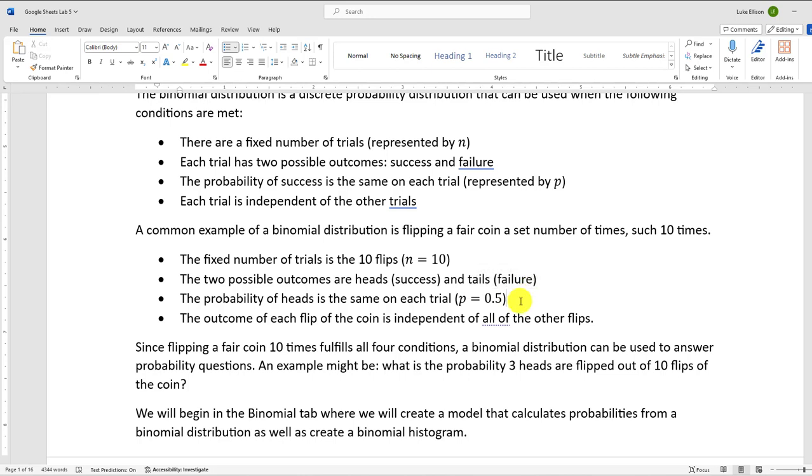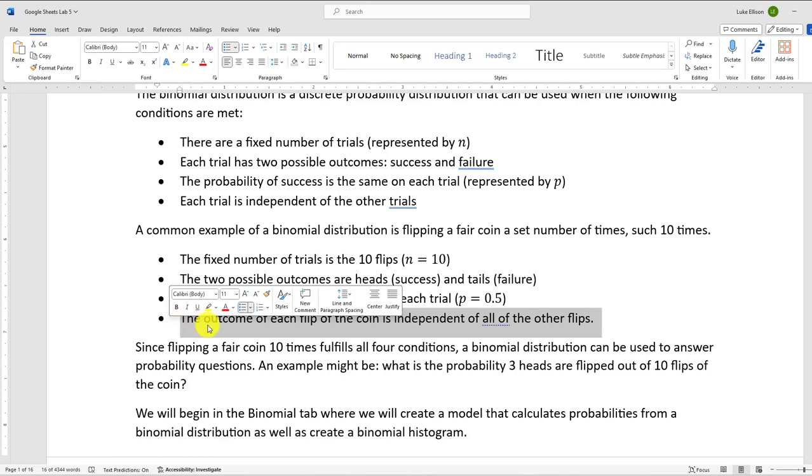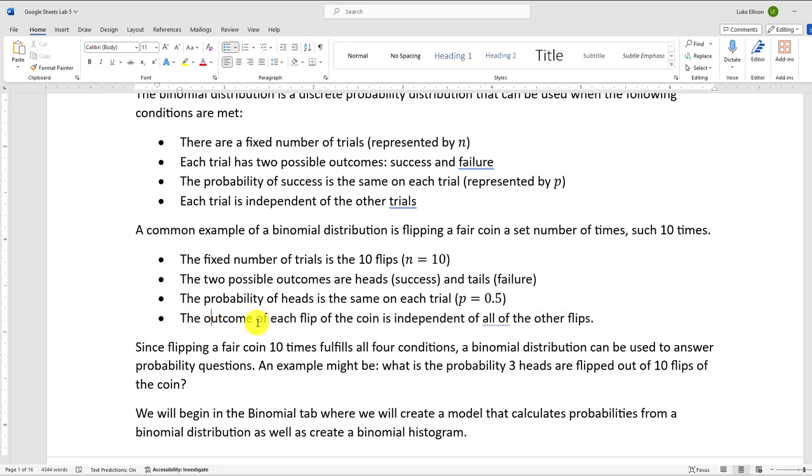The probability of success is the same on each trial. There's a 50-50 chance of flipping heads on each flip of the coin. And then the outcome of any one flip of the coin is independent of any of the others. So it doesn't matter if I flip heads on the first flip, that's not really going to impact any of the other flips. So this would be a case where you could use the binomial distribution in order to model